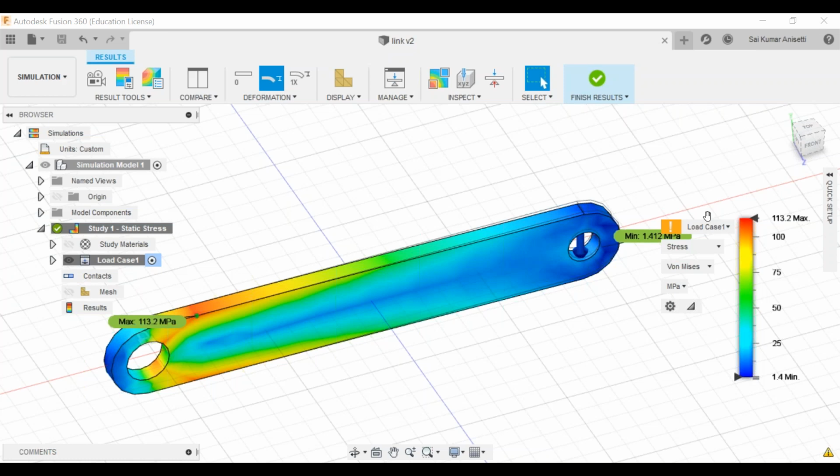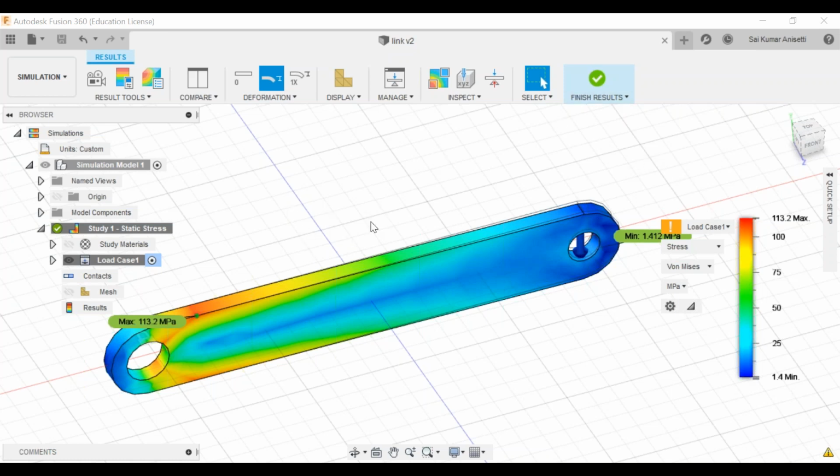There are many designs. Take a paper clip example. Model a paper clip and give the force, with what force it is going to hold your object, so whether the material is deforming or not. That kind of analysis you can do. So there are a number of possibilities. Okay, fine. So that is about your simulation study.